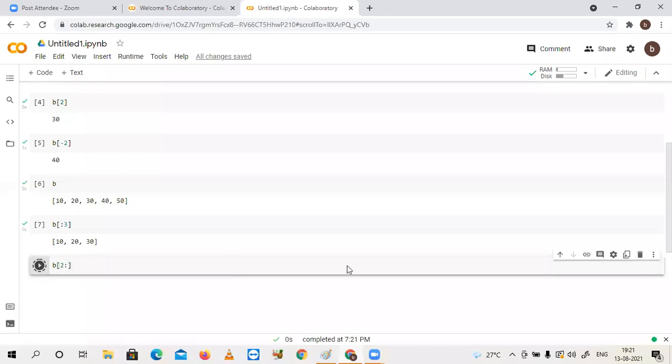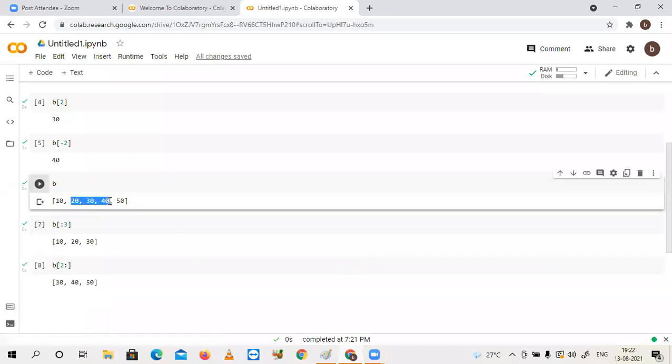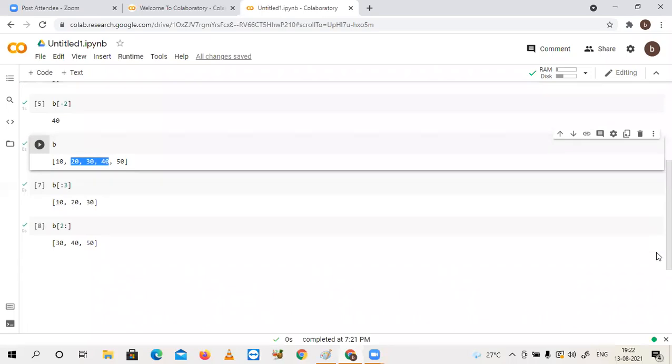Okay. Now I get 30, 40, 50. Suppose I want only the middle part. Sir, I have one doubt. If I don't know the n number of elements, suppose, think about it. Just apply the len function. You will get to know. If you apply the len function, len will return how many number of elements are there. Based on that, apply the calculation over there. Okay, got it, sir.